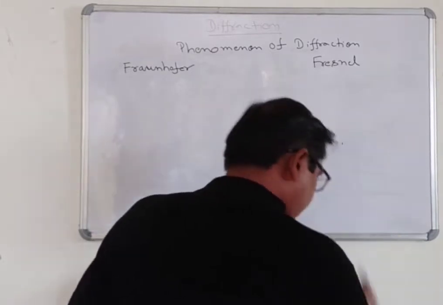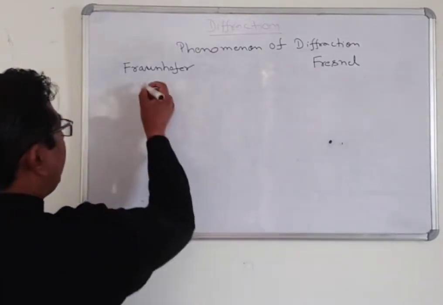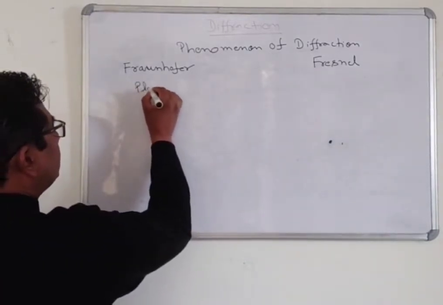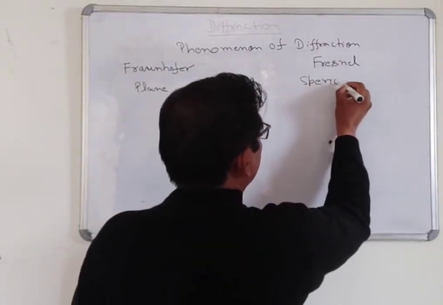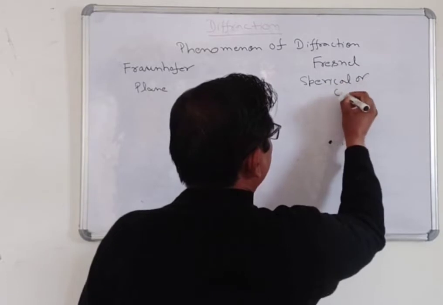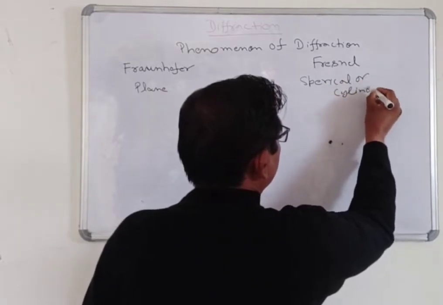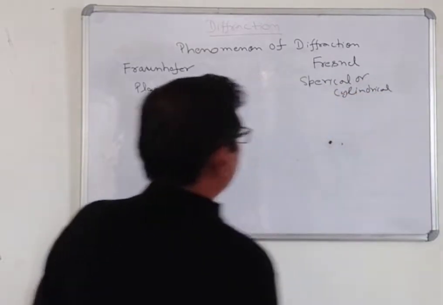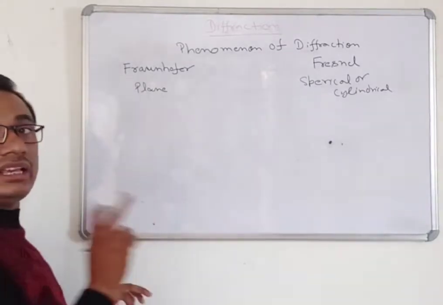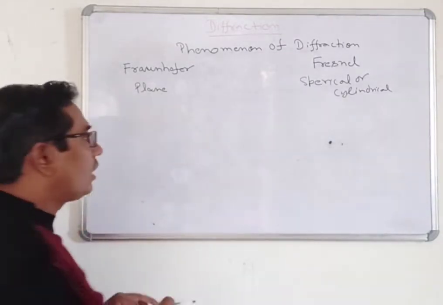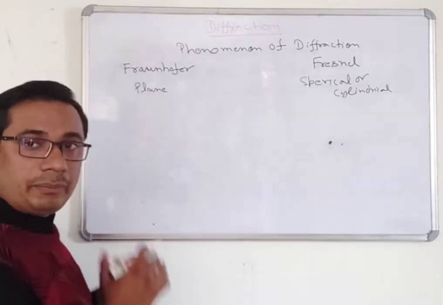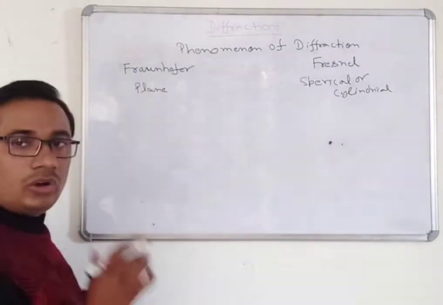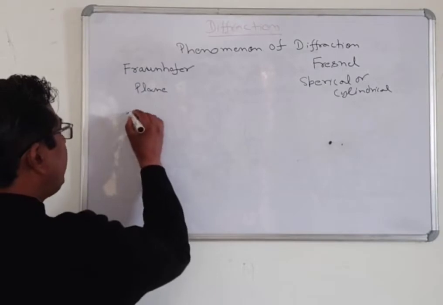The nature of the incident wave in Fraunhofer diffraction is a plane wave. In Fresnel, it will be spherical or cylindrical. This is the nature of the incident wavefront. Now, what is the diffraction pattern? The diffraction pattern in the case of the Fraunhofer is the image